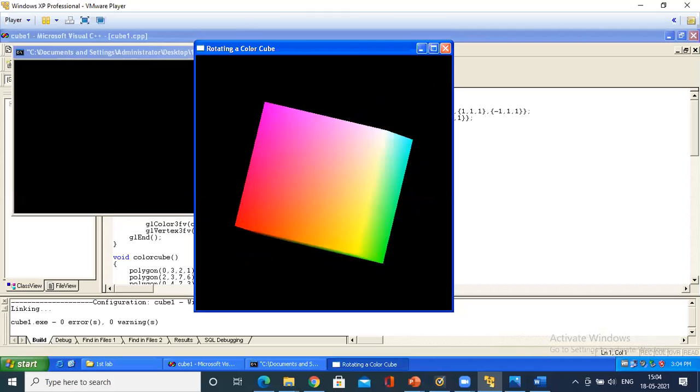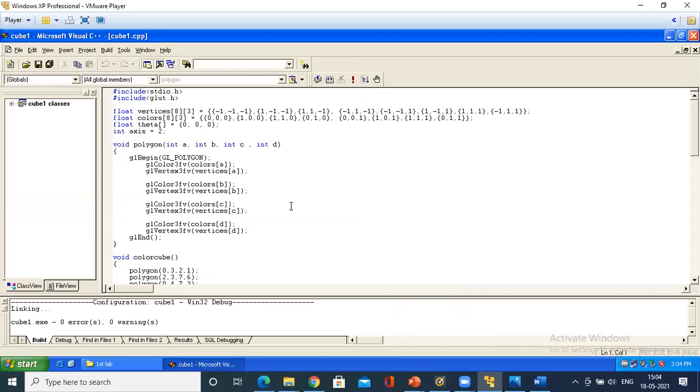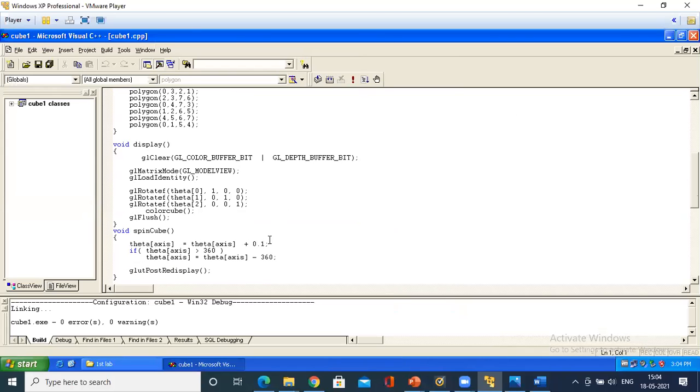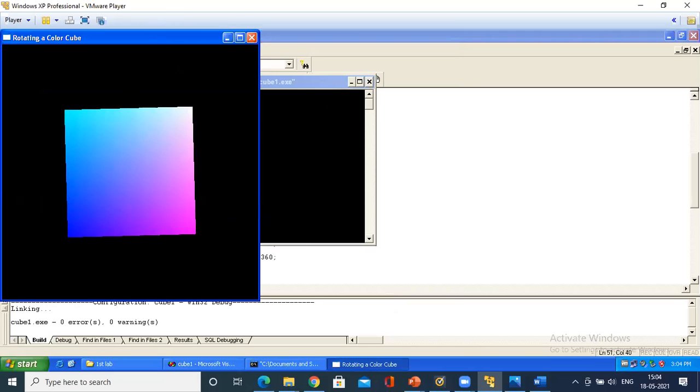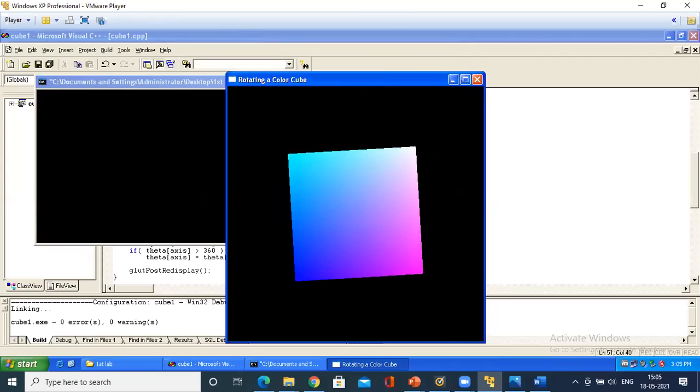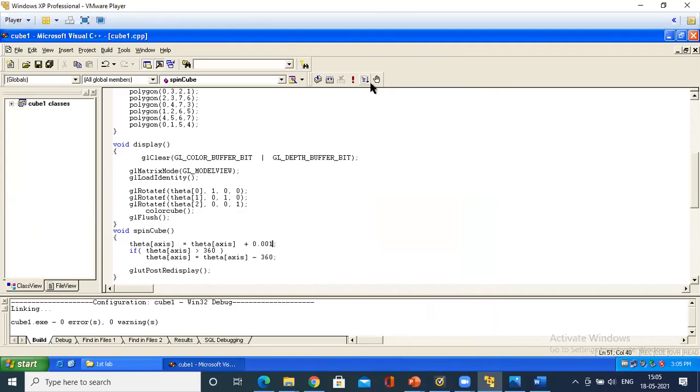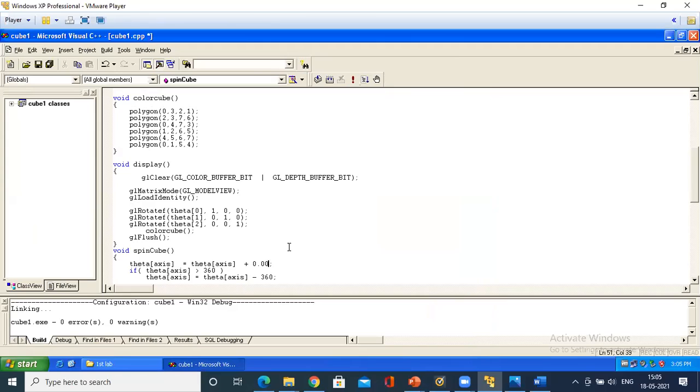You can control the rotation or reduce the rotation by simply varying the parameter here. Instead of 0.1, if you use 0.001, it will rotate slowly. The incremental value of the rotation will change and it will rotate slowly. Save the program. Now you will analyze it properly. See, it is rotating slowly. So maybe instead of that, I'll give 0.01.